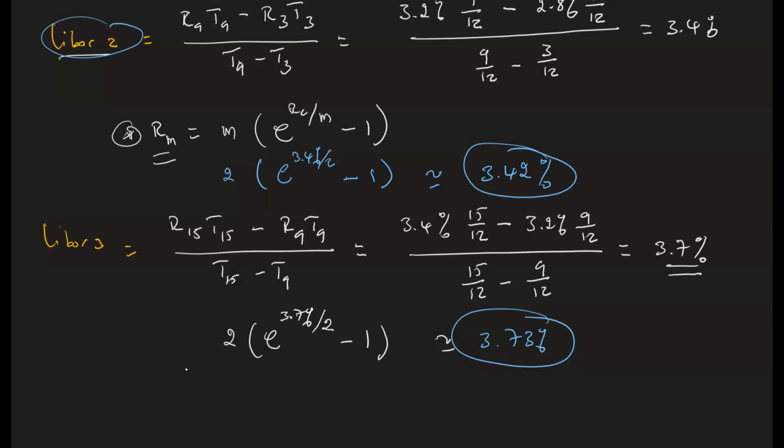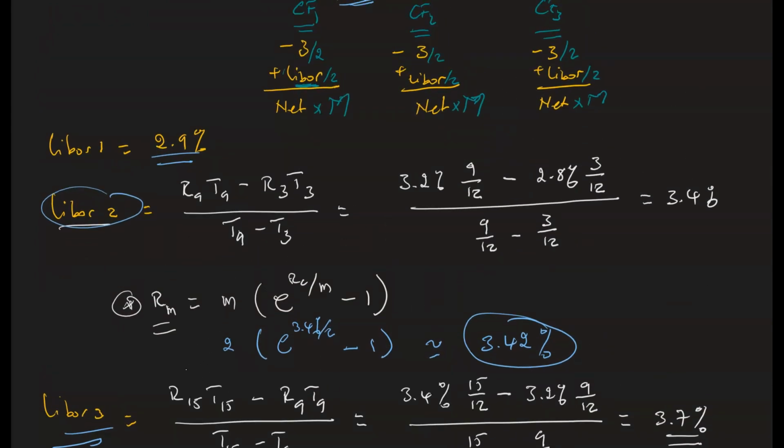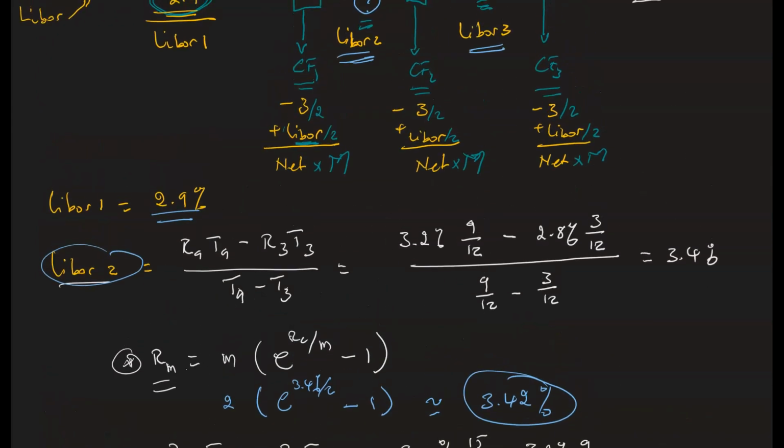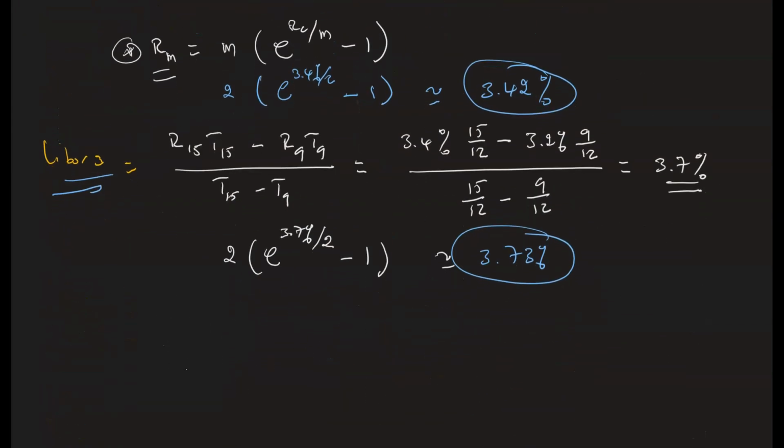That's going to be LIBOR 3. What is our cash flow like? First cash flow is going to be equal to minus 3% divided by 2 plus LIBOR 2. That gives us a rate, that's our net rate, that we multiply by our notional. So our cash flow 1